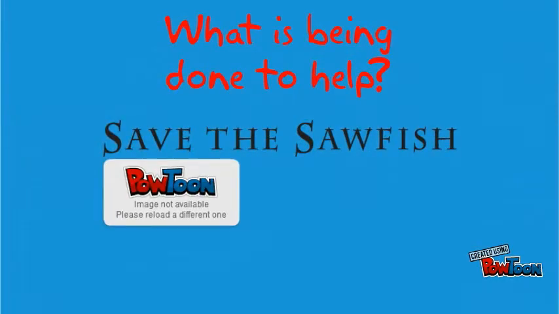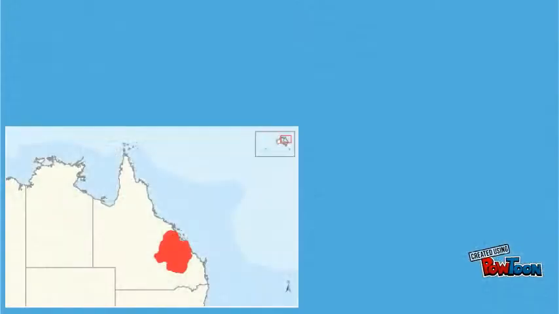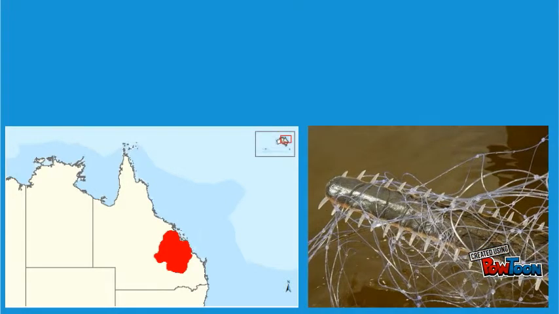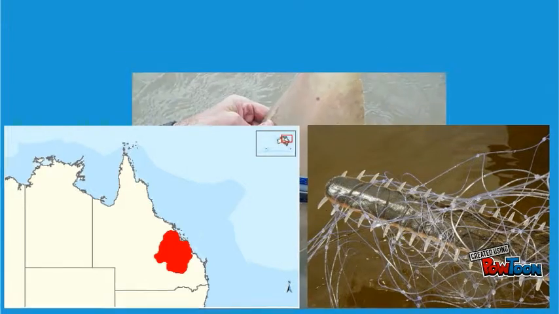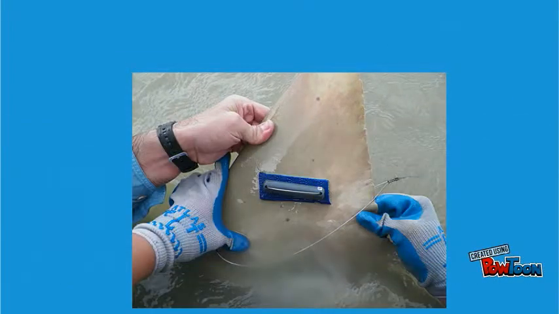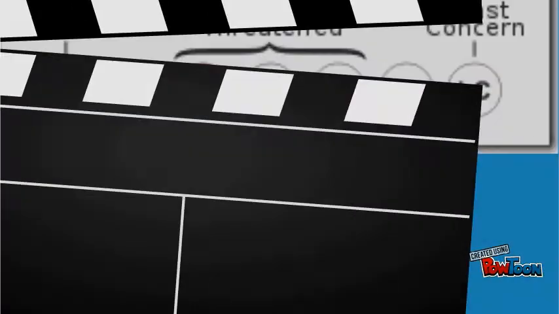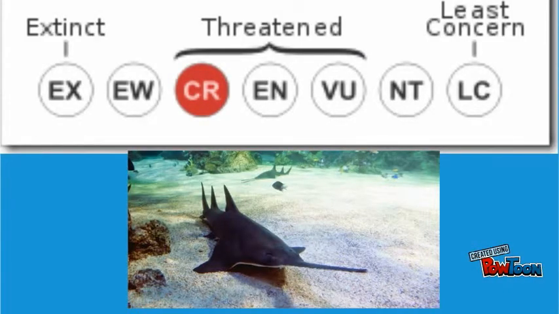What is being done to help? The Save the Sawfish Conservation site is raising money to build safe environments for the sawfish to repopulate and help juveniles. Many environmentalists are also trying to ban fishing from the Fitzroy River in Kimberley to reduce the entanglement of sawfish in fishing nets. Also, many biologists are tagging and catching them so they can find out where the sawfish's main habitat is. In conclusion, the sawfish is one of the most endangered marine animals in the world.